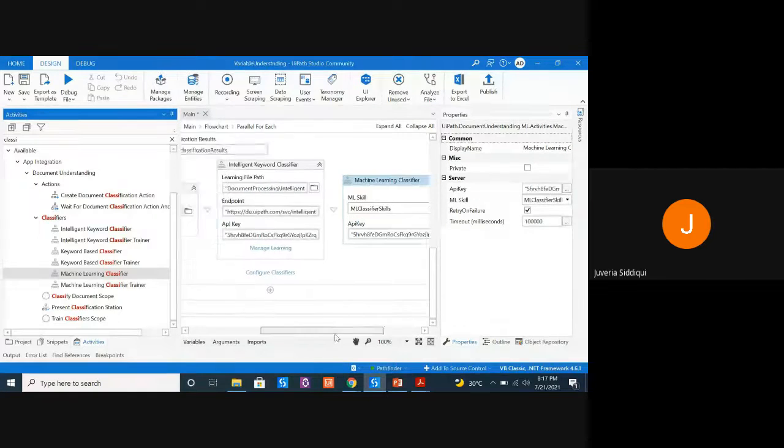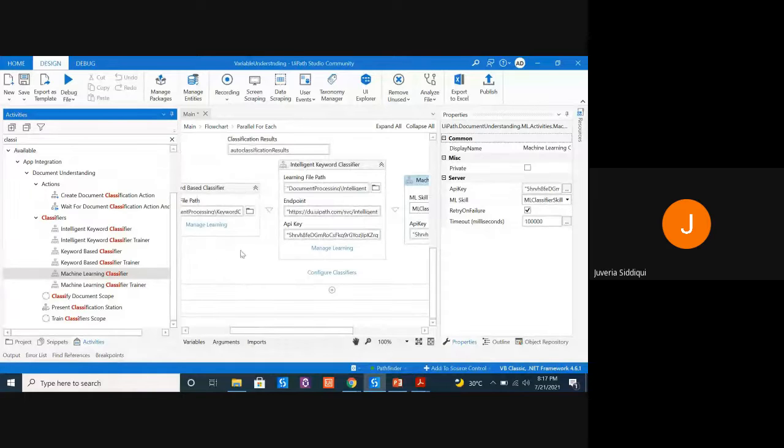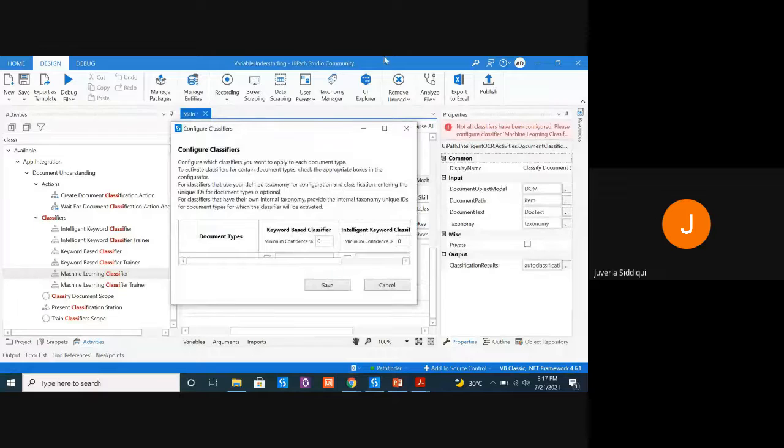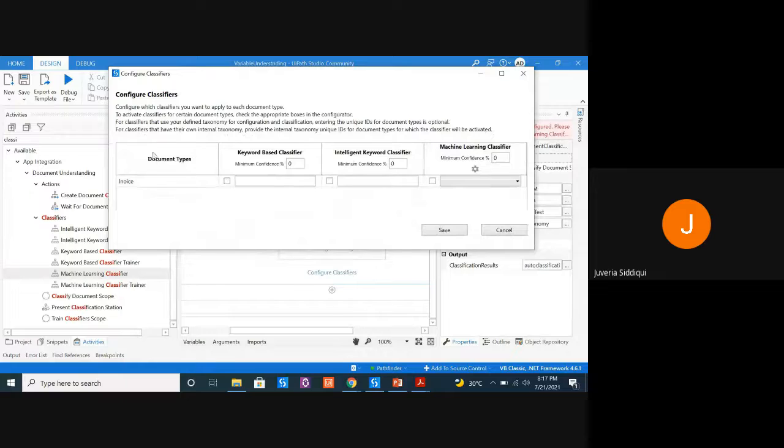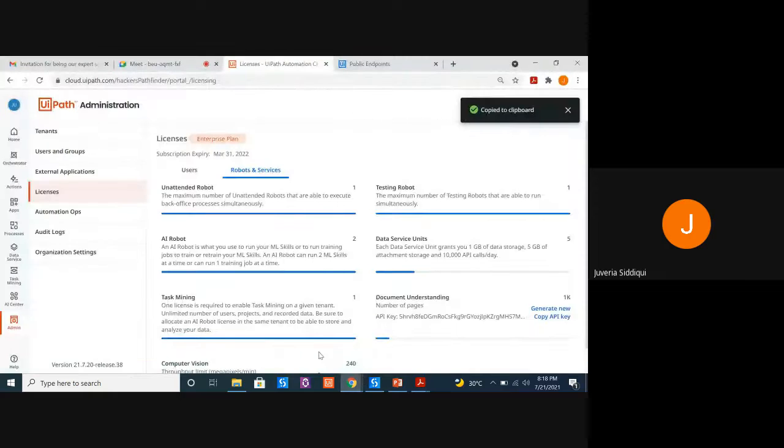So now, once you have managed your classifier activities, you have to configure these classifiers. Now, if you see, we are using three classifiers, right? During configuration, it will give you three pieces of information. Which classifier do you want to use? So for my project, I want to use all the classifiers for the invoice. And for the machine learning classifier, it is basically invoices. Let's take a pause and let's see why there was a drop down over here. What happens, I'll show you rather than just theoretically telling you.